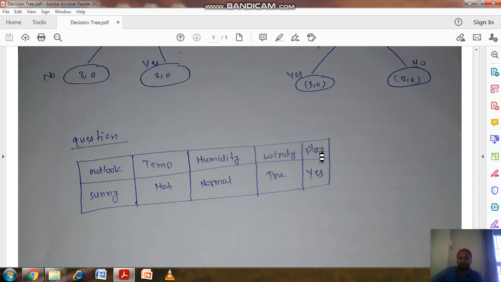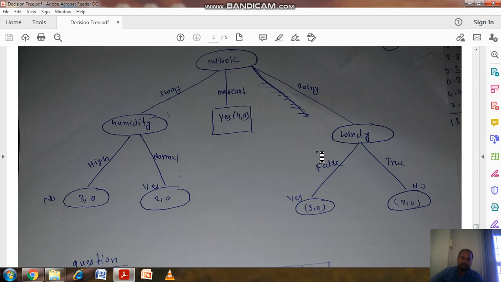I have explained whatever is given in the textbook. One problem as an exercise is also given in the textbook. So please try to solve it by yourself, taking this as a reference. I hope you will understand and become a master of the decision tree. It is a very simple exercise problem. Please solve it so that you can become an expert and give your best in the external exam.